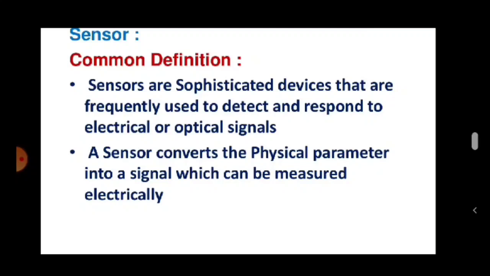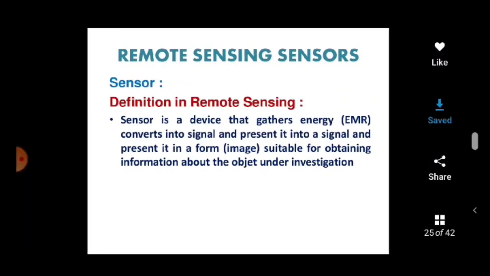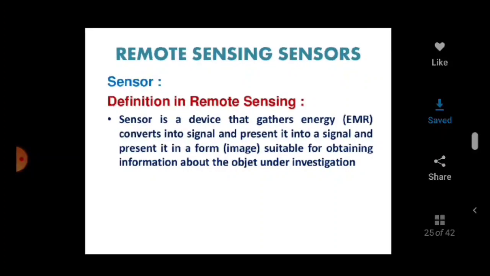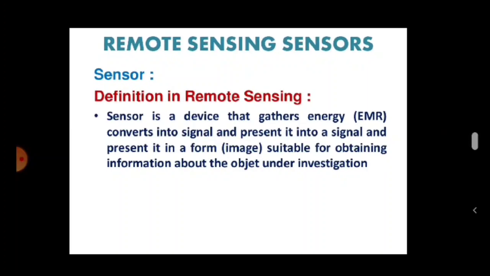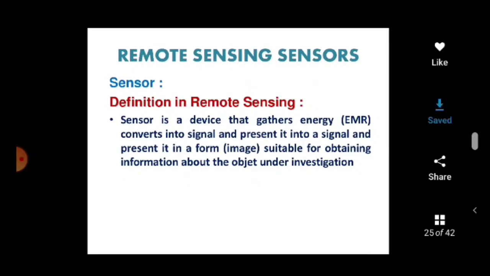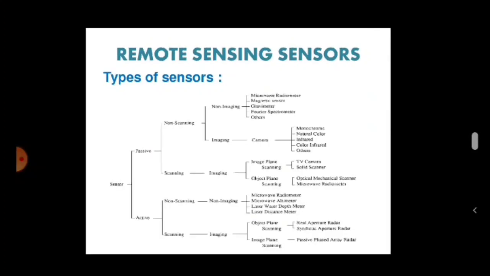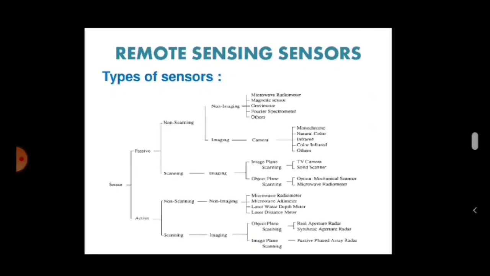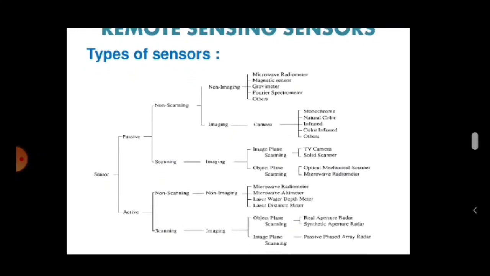So when it comes to sensors, another definition can be given in the same way. You can memorize it if you want; I'm not going to discuss it here. There are types of sensors. One is active and one is passive, and they are subdivided